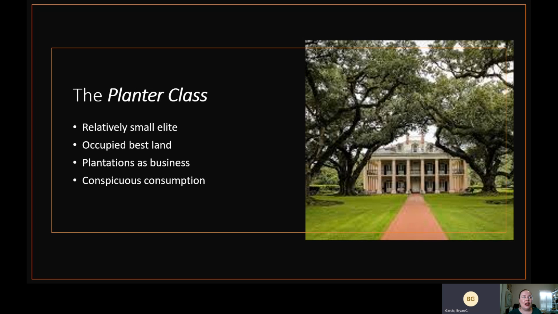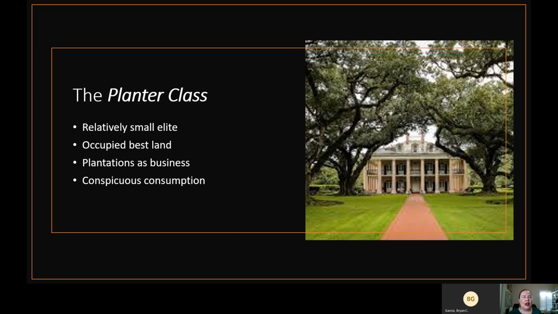The wealthiest of the wealthy plantation owners were clustered in South Carolina, where they're mostly still sticking to rice production. And rice production requires, again, a lot of labor. So rice plantations are among the most expensive of the different plantation styles, because rice is very difficult to grow. And then the other cluster of wealthy plantation owners is in Mississippi, again due to cotton. And then we also see sugar plantations in the lower part of the Mississippi River Valley.